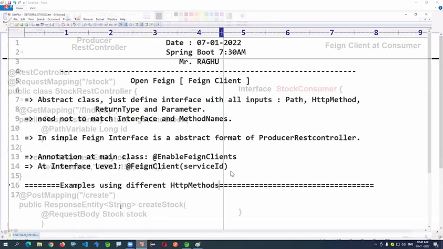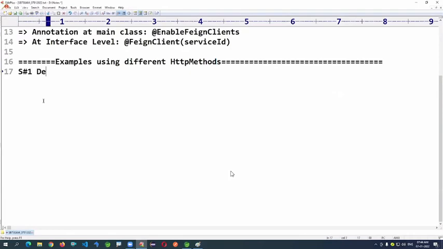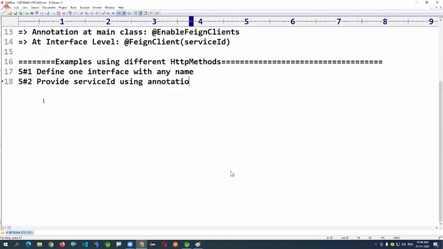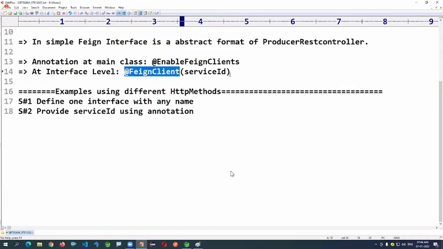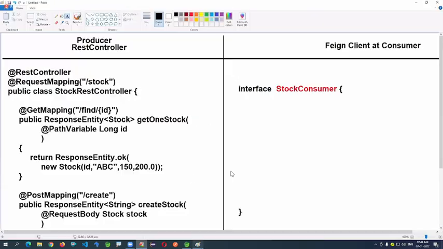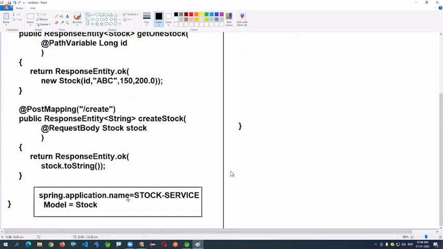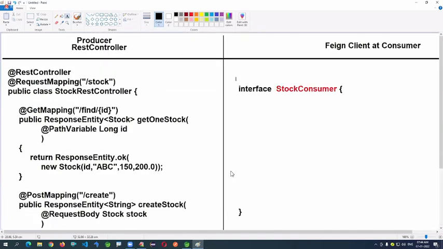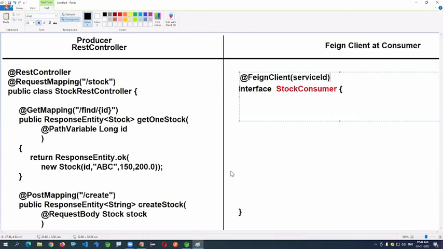Step number two: you have to provide the service ID, or spring.application.name, by using the FeignClient annotation. Stock service must match.